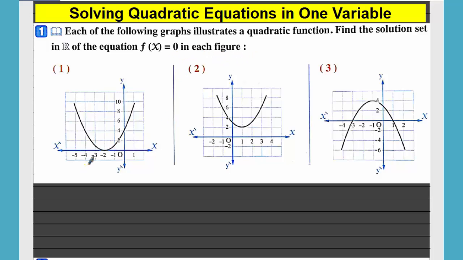In figure 1, the curve intersects the x-axis at x equals -2. Here the point of intersection is (-2, 0). The x coordinate equals -2 and the y coordinate equals 0. So the solution set